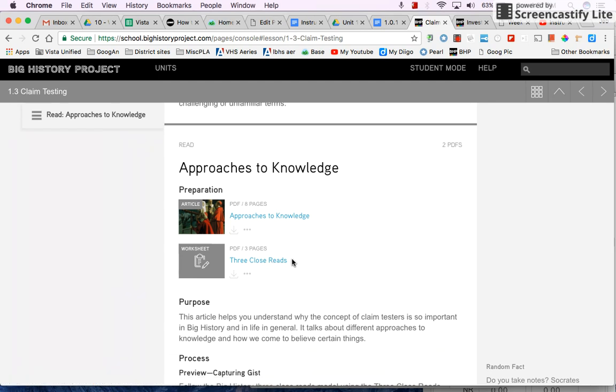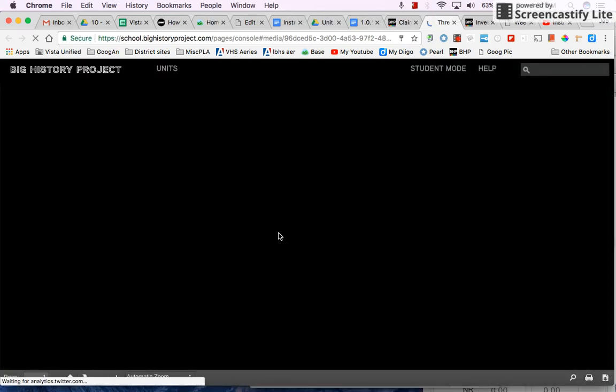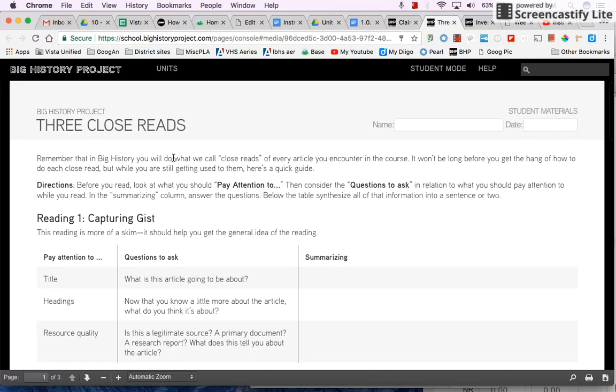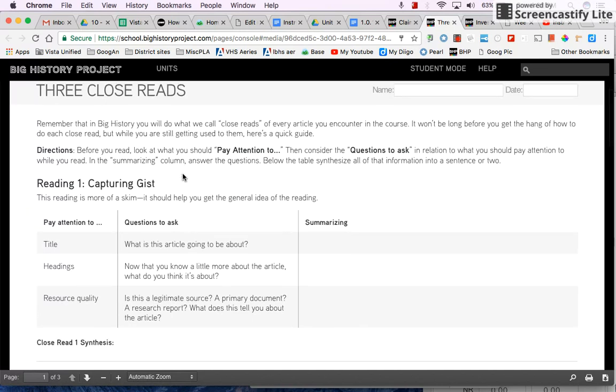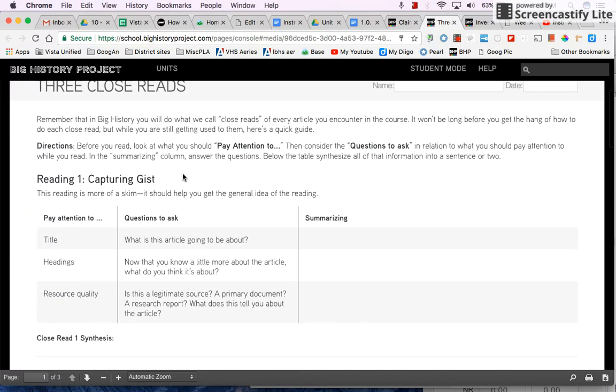This is maybe a little bit confusing. I have addressed it already before, but if you haven't watched the videos, maybe you don't know this. You are not required to use this 3 close reads form. What you'll see if you click on it is it's just the format that Big History suggests for taking notes. It's this process where you read parts of the article 3 different times, and each time you're doing something slightly